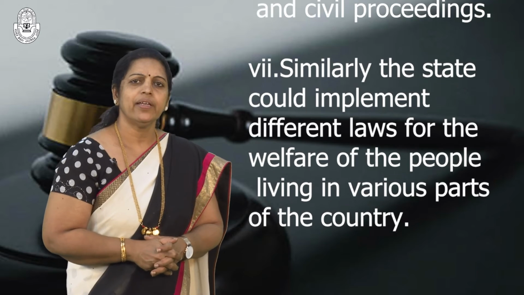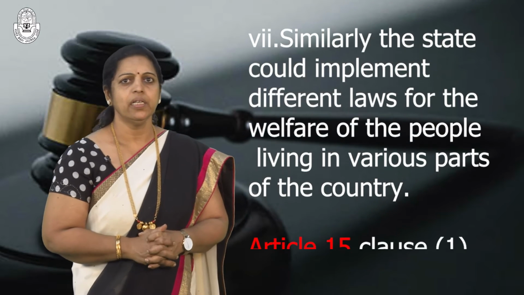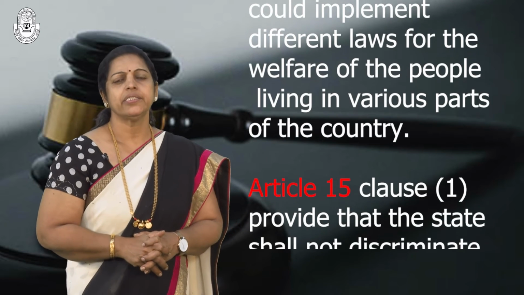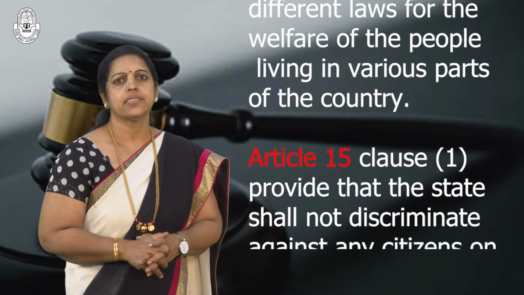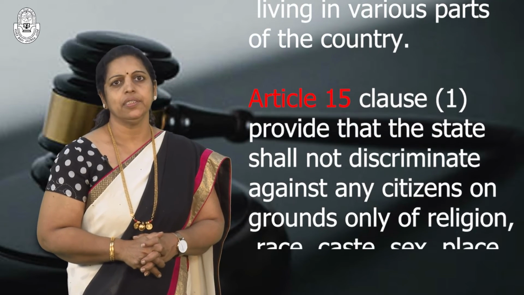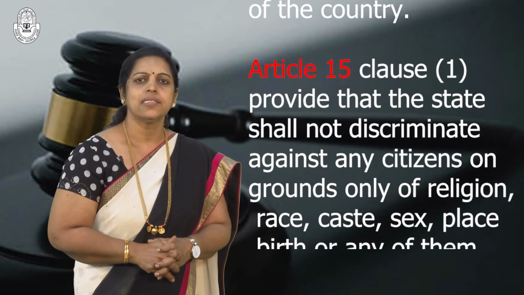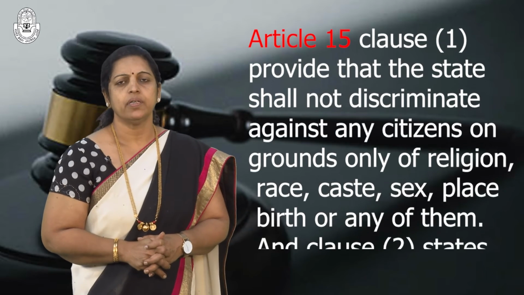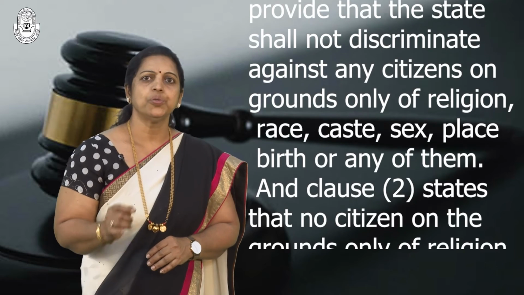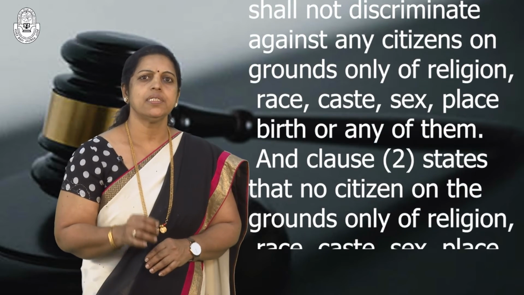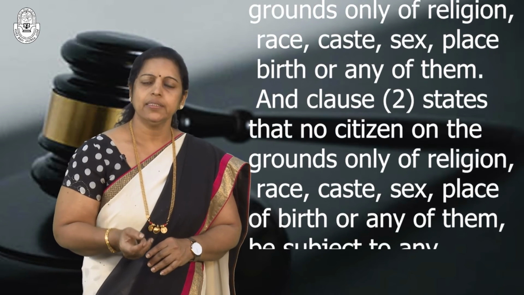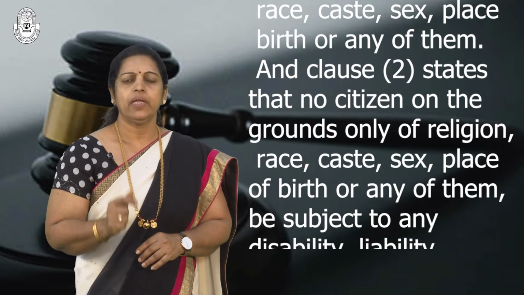The next equality clause is Article 15, Clause 1. It provides that the state shall not discriminate against any citizen on the grounds only of religion, race, caste, sex, place of birth or any of them. Article 15, Clause 2 states that no citizen on the ground only of religion, race, caste, sex, place of birth